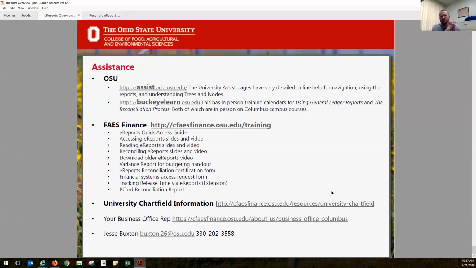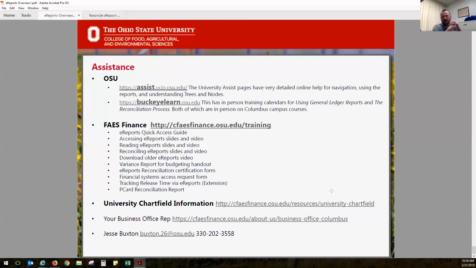If you have a journal entry that you didn't have an e-request backup for, or if you don't have the access to look that up in PeopleSoft, we can get you the access, and that'll help you figure out where that came from, who did the entry, etc. That's probably a good topic for another time. But you can always email the journal ID to your business office rep and ask for more information on this. They should be able to pull up a copy of that journal entry with the long description